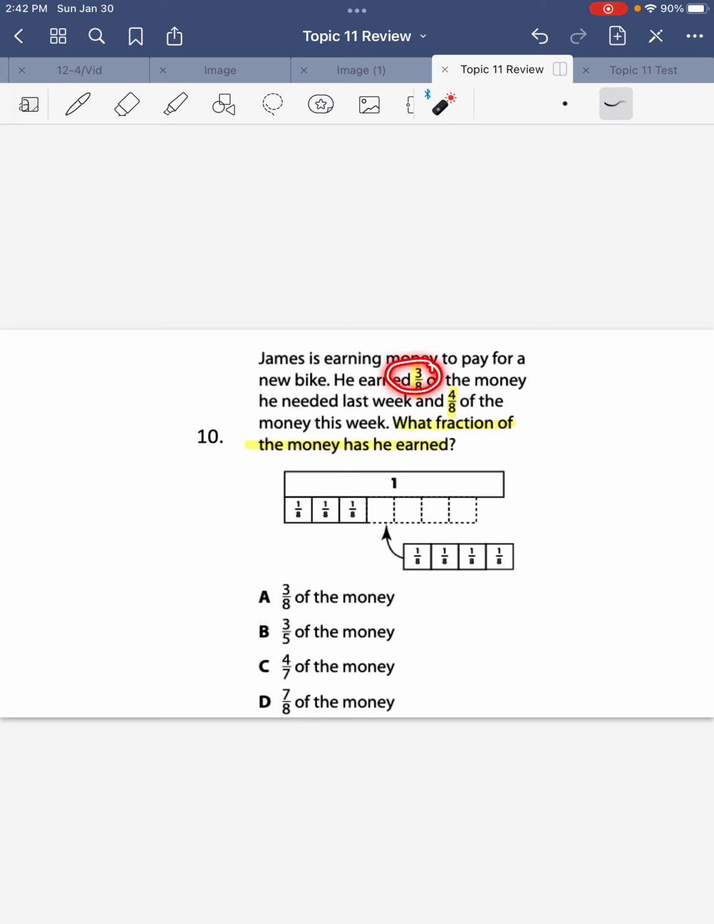He earned 3/8 of the money last week. So I'm going to put 3/8 here. Okay. Then it says, and he earned 4/8 of the money this week. Okay. So I'm going to put 4/8 here. I'm not comparing anything. I want to know how much money he's earned. So for this problem, I'm going to add. Okay. And if you look at our model here,